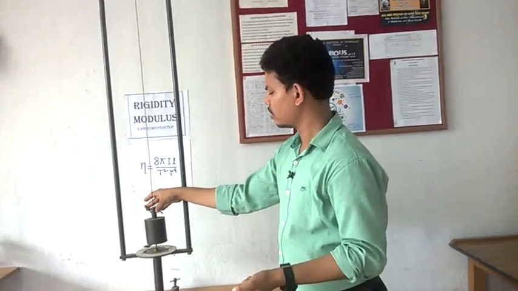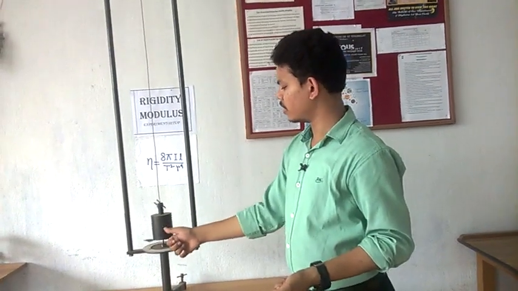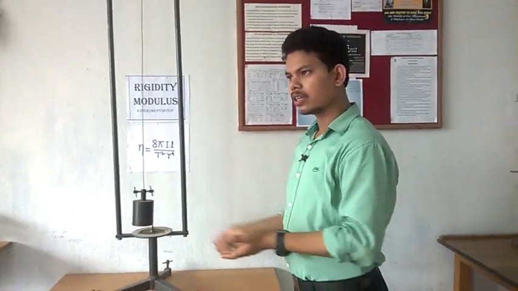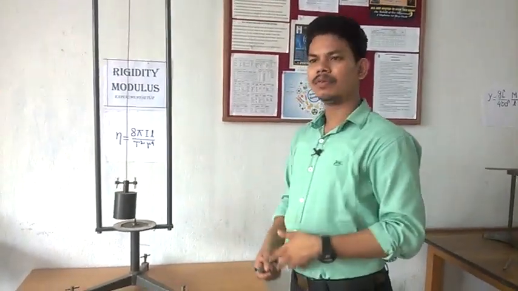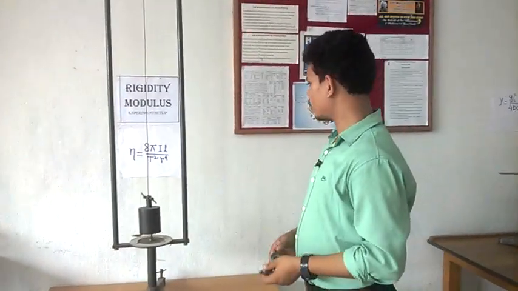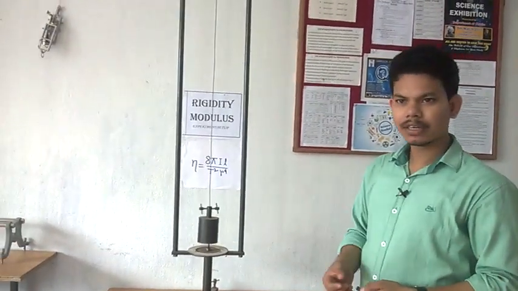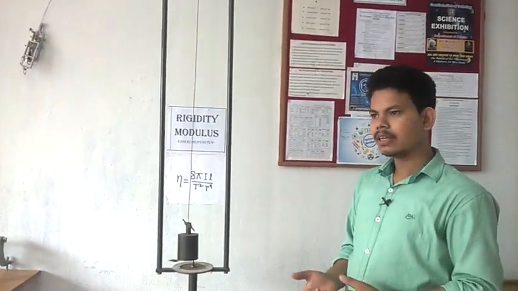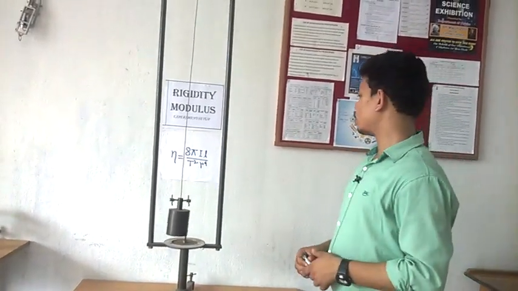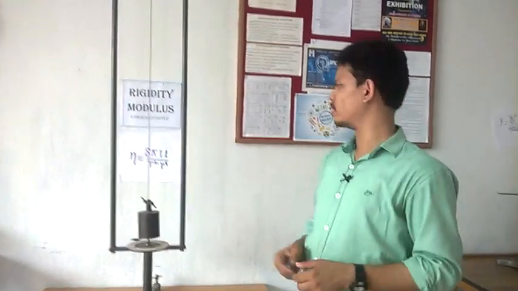We start this. Take this is 1, this is 2, this is 3, this is 4, like this. So take a total of 20 oscillations and count the total time using a stopwatch or a smartphone stopwatch. And this is the total time. Suppose total time equals 20 seconds and our total oscillations equal 20. So obviously time period equals 20 by 20, 1 second. So just put this value and you get eta, or rigidity modulus.